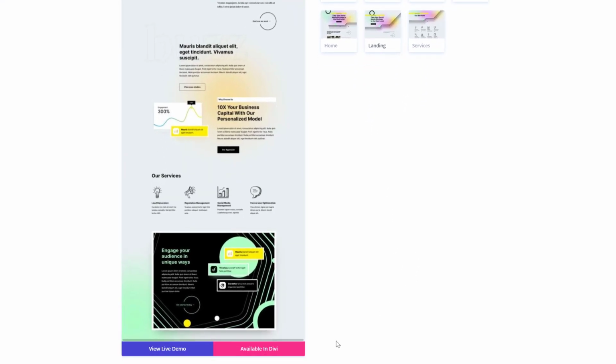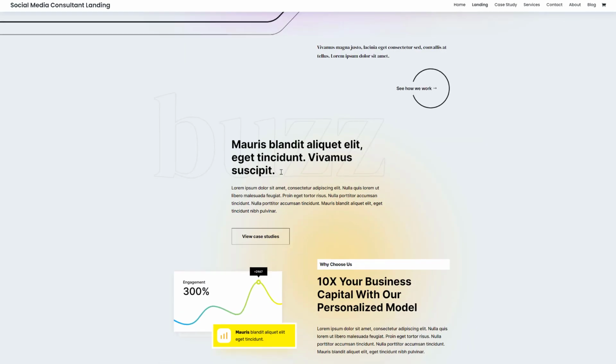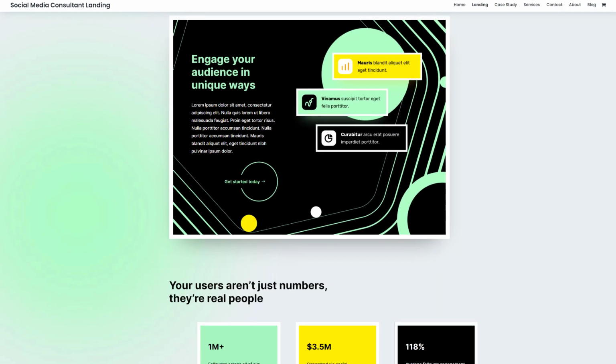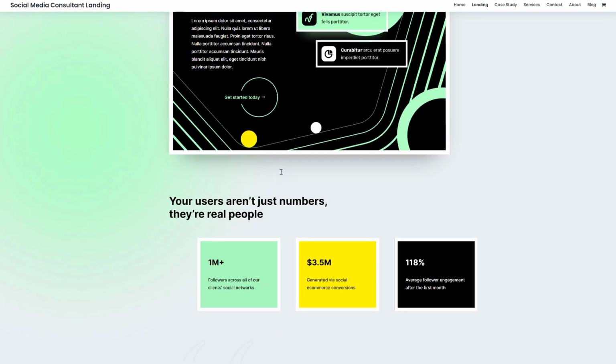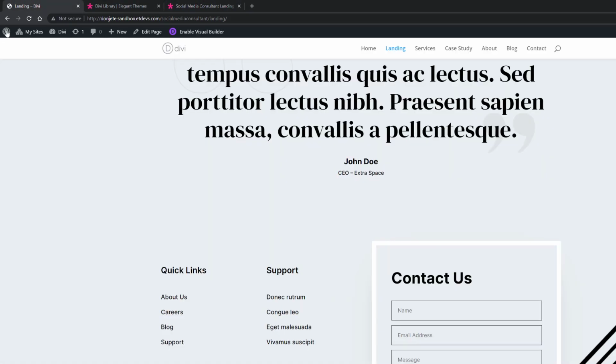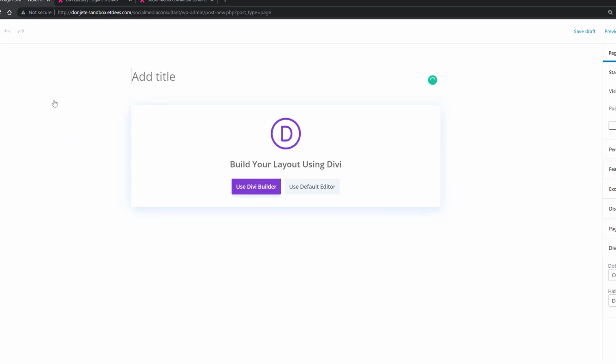So these are all available in Divi for free, and you can view the live demo by clicking on the blue button. Now this will redirect you to a live website where you can go ahead and discover each and every layout for yourself without actually having to install it on your website first. So say for instance you really enjoy the landing page and you want to get started with it, you can go back to your WordPress website, go to your WordPress dashboard, go to Pages, Add New, give your page a